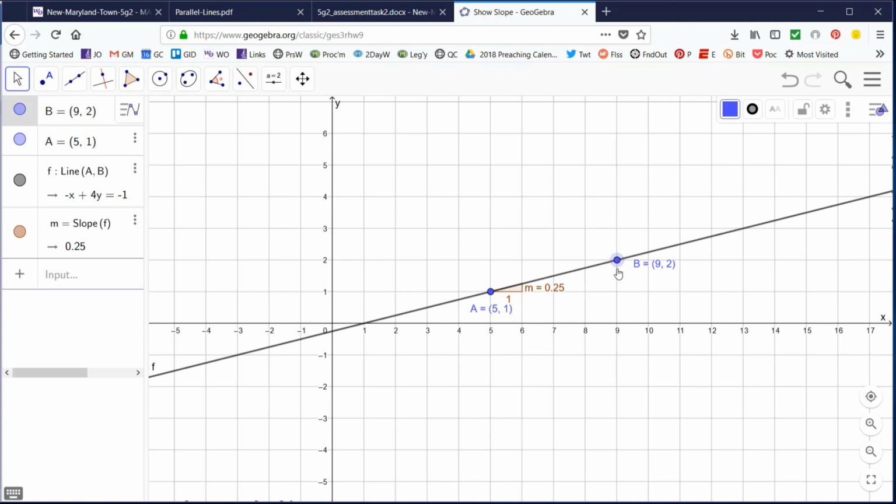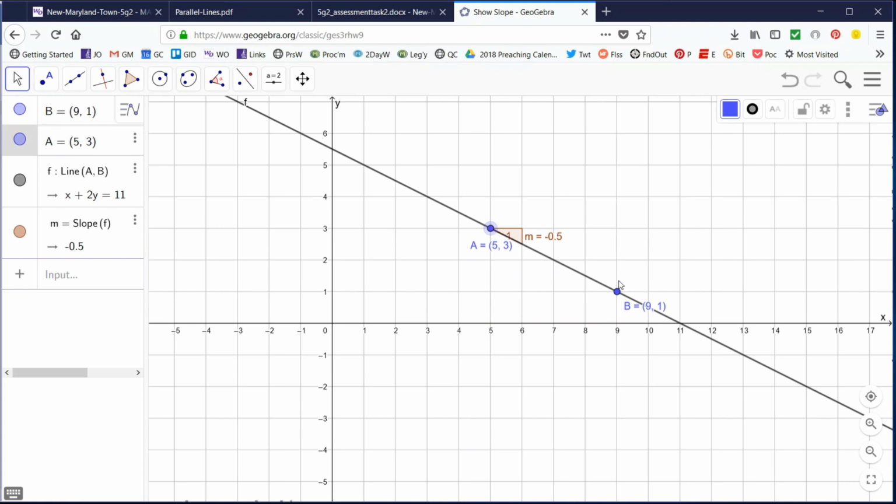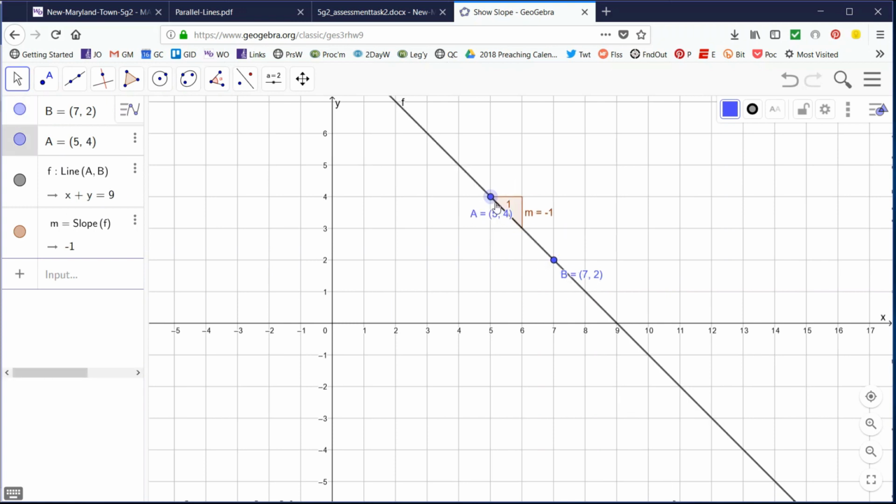Lines that go up and to the right are positive. Horizontal lines have a slope of 0 because the change in Y is 0. 1 minus 1 is 0. And lines that go down and to the right are going to have a negative slope. For example, this line here has a slope of negative 1/2. The change in Y here is negative 1, and the change in X is positive 2. This one has a slope of negative 1,